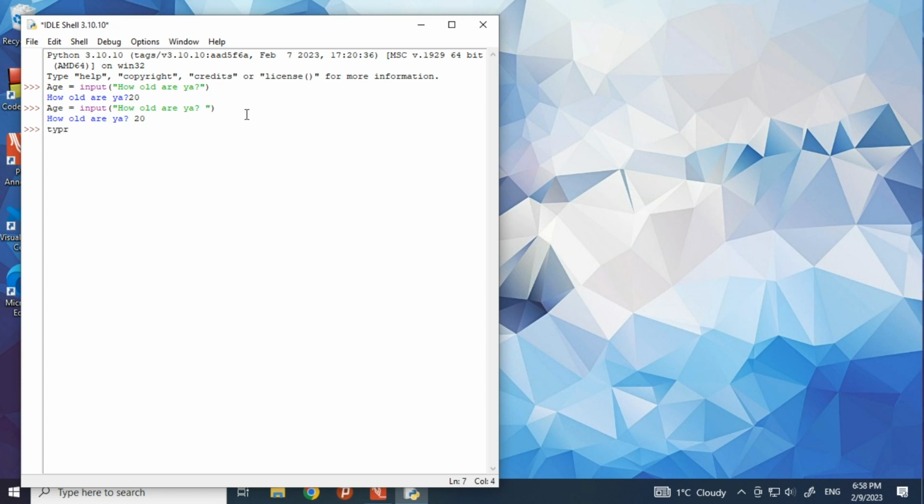And if you get the data type of age, you're going to get a string, because the data type of input is string. And when you want to turn the string to an integer,